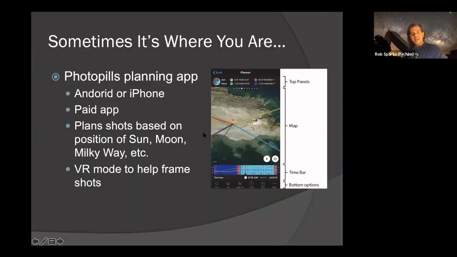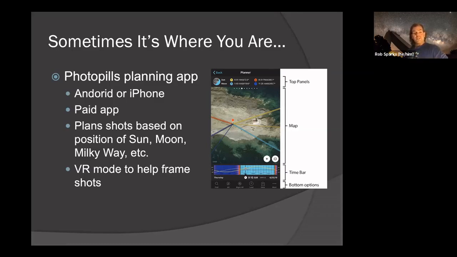And sometimes, of course, it's where you are. Sometimes the foreground is what makes the image. There's this great app I use, and I'm actually using it to plan tonight's eclipse images. I'm going to go outside with it afterwards and walk around the mountain and set it to the time of the lunar eclipse, in the morning at totality, and see where the moon will be from various spots on the mountain, or what telescope it will appear over.